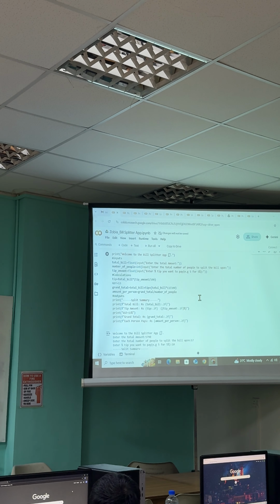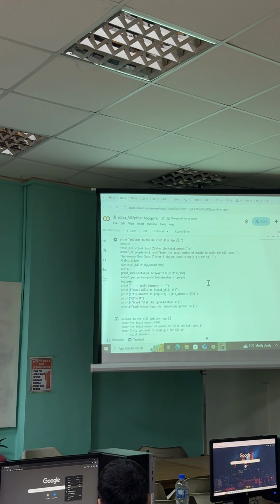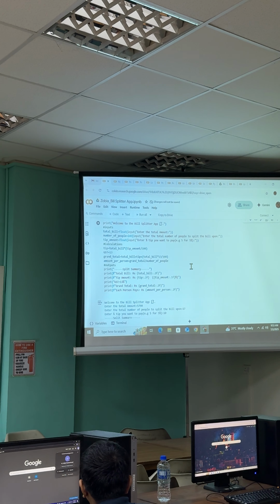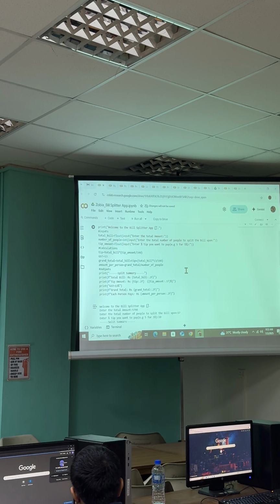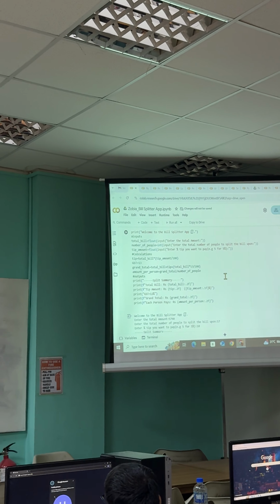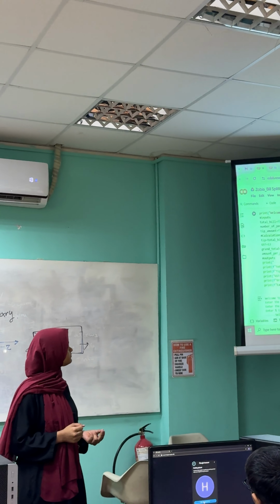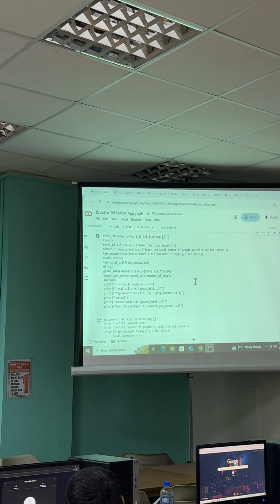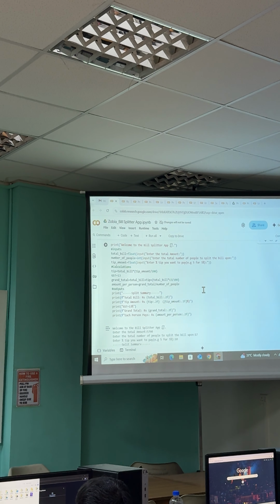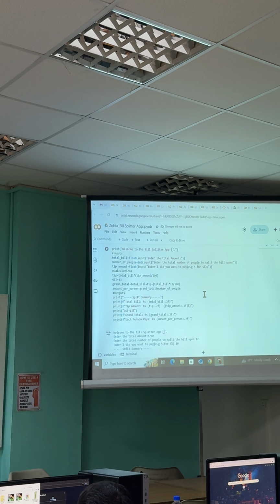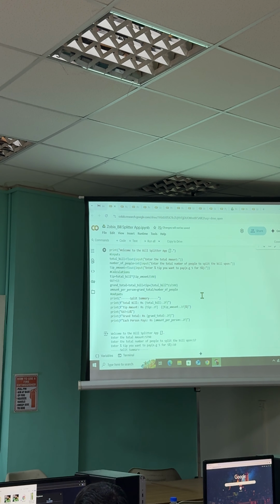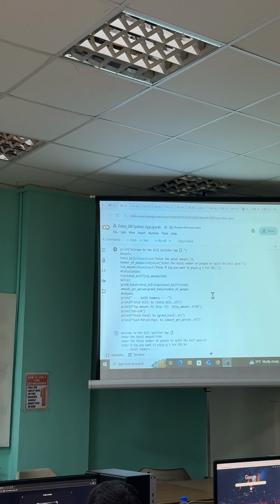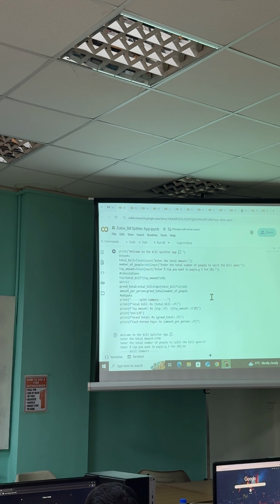Next, the calculations happen. First of all, the tip is calculated out of the total bill. Whatever percentage of the tip you have entered, that will be calculated. Then 13% of GST will be calculated out of the total bill. After that, the grand total will be calculated, in which the total bill will be added as well as the tip and the GST amount. Later on, the amount per person will be distributed, that of the total bill.